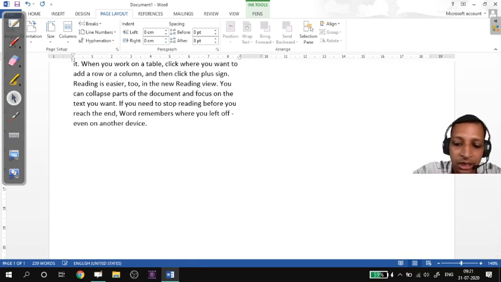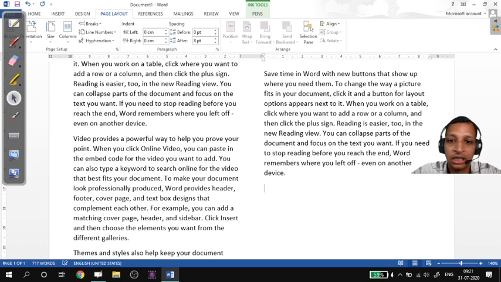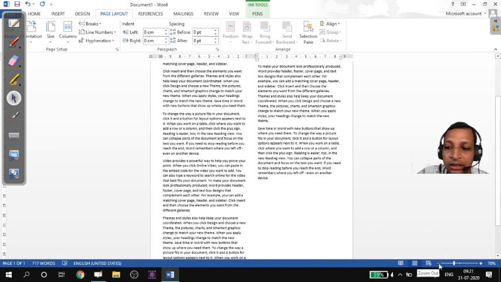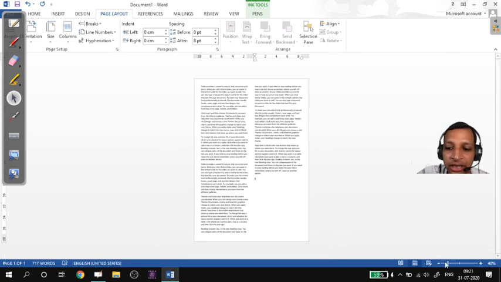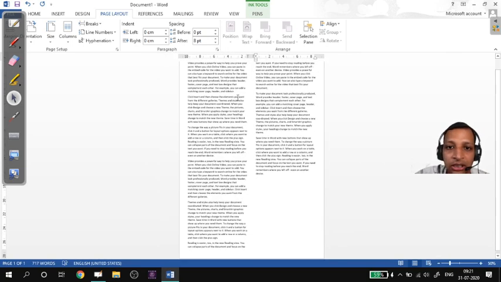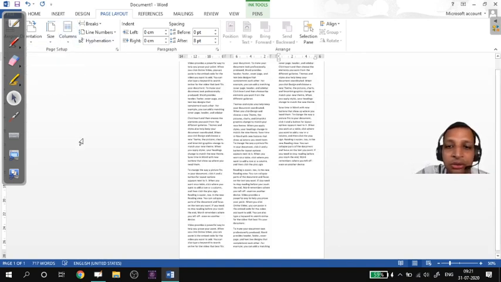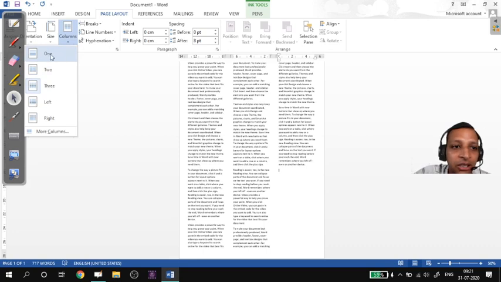Okay, you know my formula. Say 5 more paragraphs with 6 lines in each paragraph. Now see, the text is flowing into the next column. After completion, this is 1 column, 2 columns. Now see what happens if I make it 3 columns. Oh, see, this is how 3 columns look. Now this is 1, 2, 3.